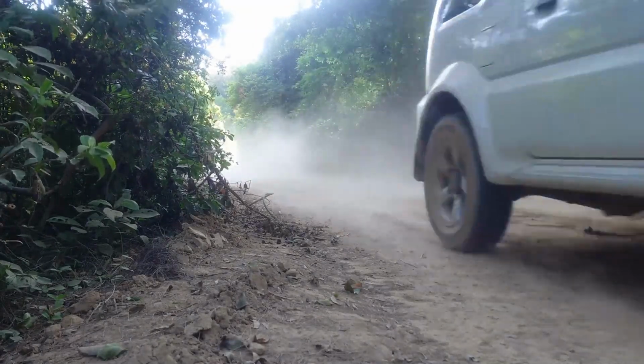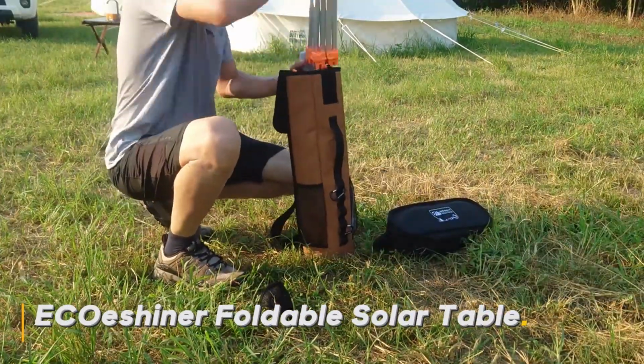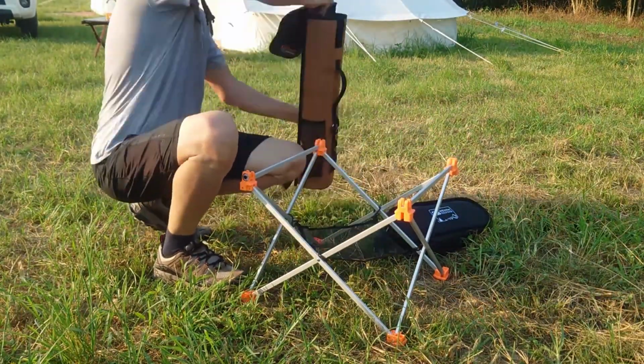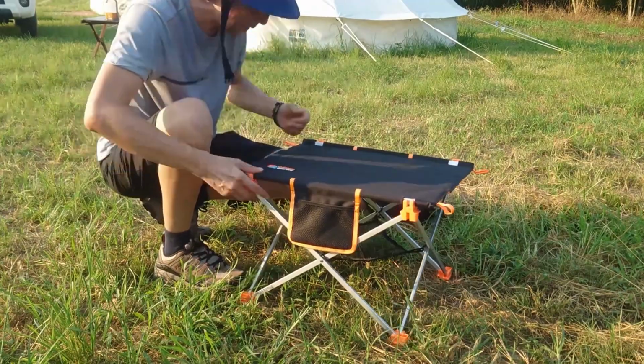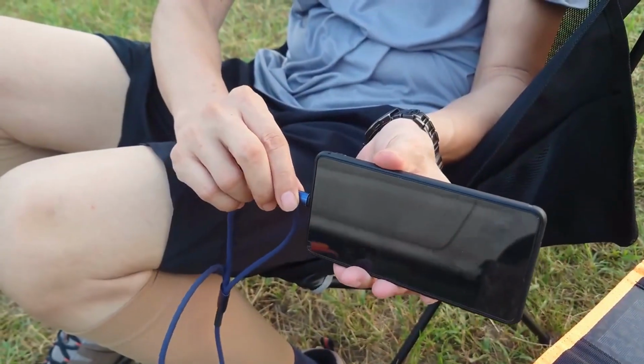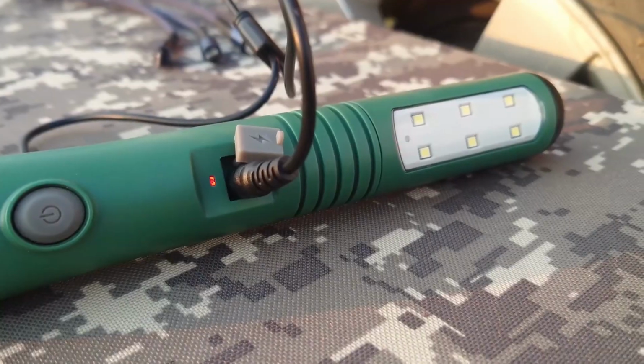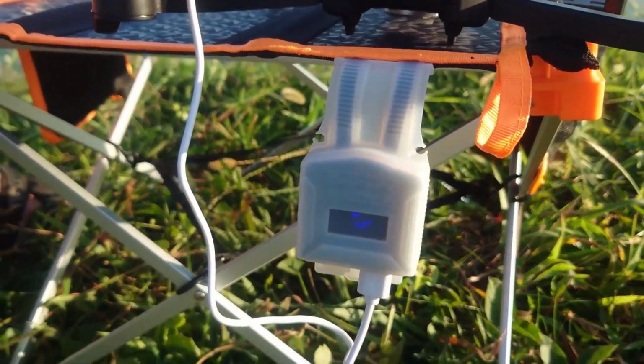Multitask like a minimalist with the cleverly compact ECOeshiner solar table. The bold fusion of portable power station plus packable furniture for positive peasants. Unfold its lightweight aluminum frame to reveal a handy 24-watt solar panel charger, perfectly angled to soak up the sun while you cook, eat, or relax atop its waterproof 600D table